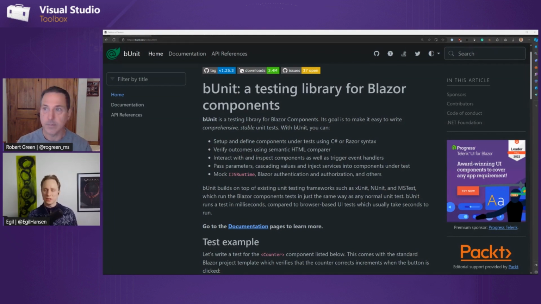Because bUnit itself is sort of its own render method. So if you have a Blazor component, independent of whether it's built for WebAssembly or Blazor Server or one of the other render models we have now, bUnit doesn't care. So you can test it. You can use bUnit to test it either way. And as hinted to previously,